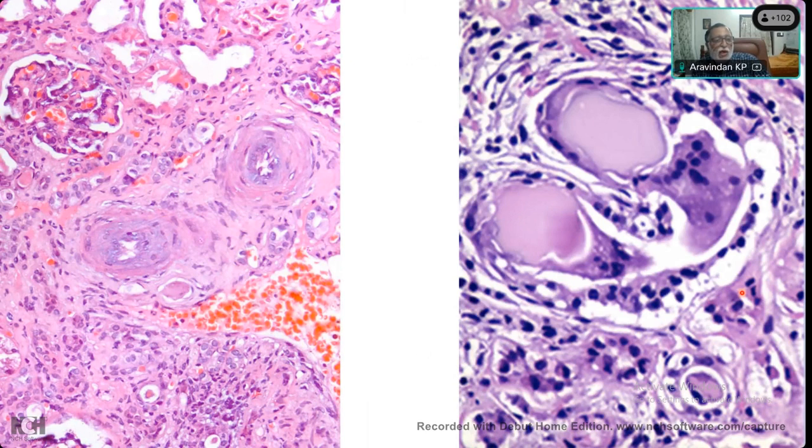The first one, anybody would like to make a diagnosis? Do I have to give it as multiple choice? There's no need, they can type in the chat box. Okay, the answers are coming. TMA I can see. Yes. Malignant hypertension. TMA secondary to malignant hypertension.